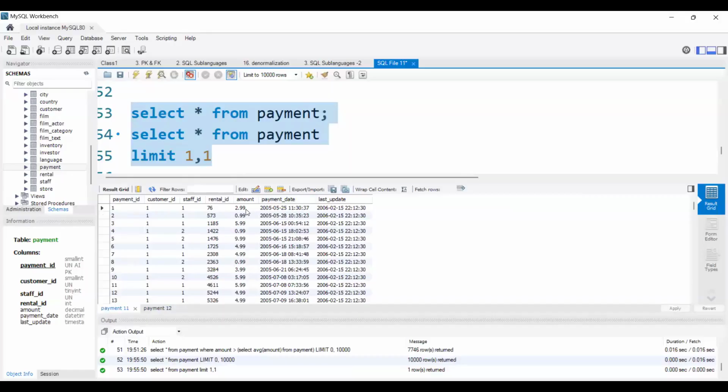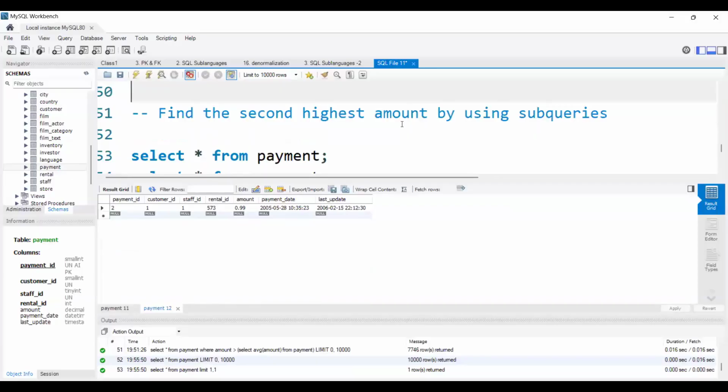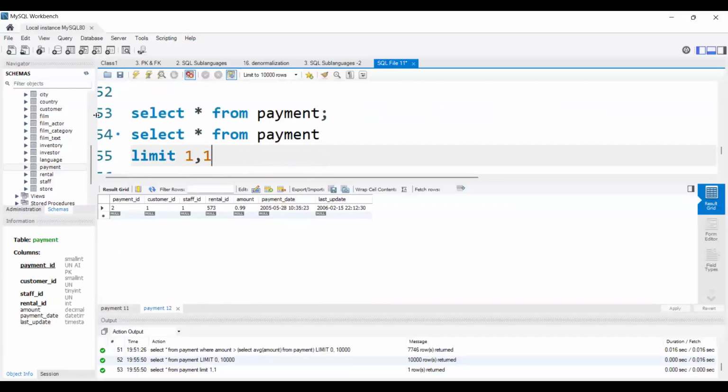What this limit 1 will do is skip the first row and display the second row, but whatever I have in the table, that row only it will display. Here I have 0.99, so it displayed 0.99. But if I say highest or lowest, first we need to use order, right? I need to say order by